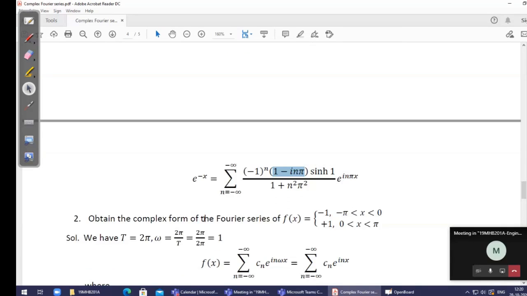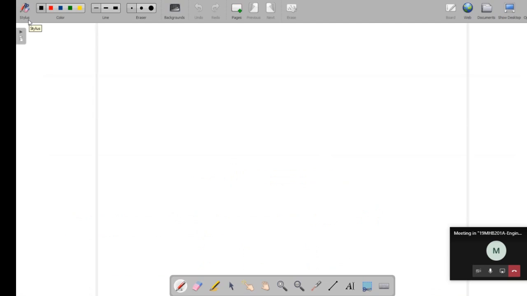Obtain the complex form of the Fourier series of the function. There is a rectangular function, rectangular waves, from minus pi to pi. Take an example. So the problem is